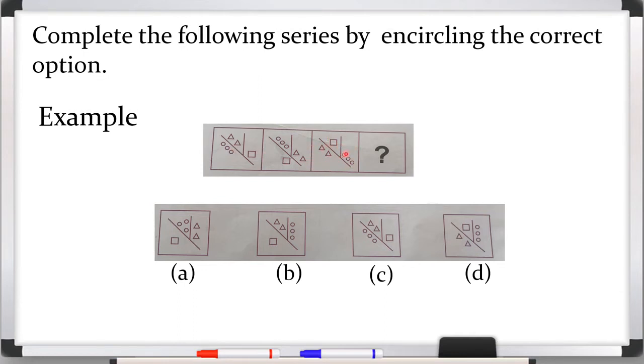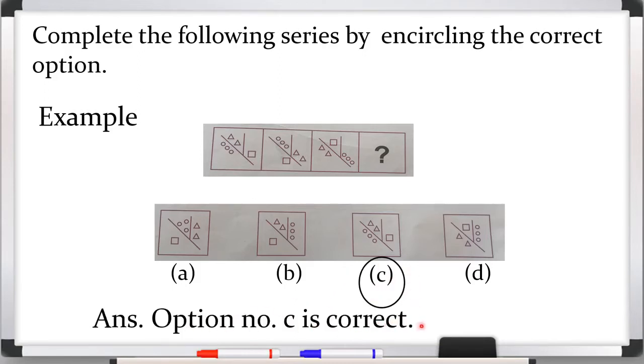Okay, so now these circles will come down, and this square will come at this side and these triangles go up. So which is the correct option for it? That is the option number C, because in option number C this is the correct rotation here. So here we will circle this option number C, and here we will write the answer that option number C is correct. Understood beta, how we can find out the next series in the given series? Okay,